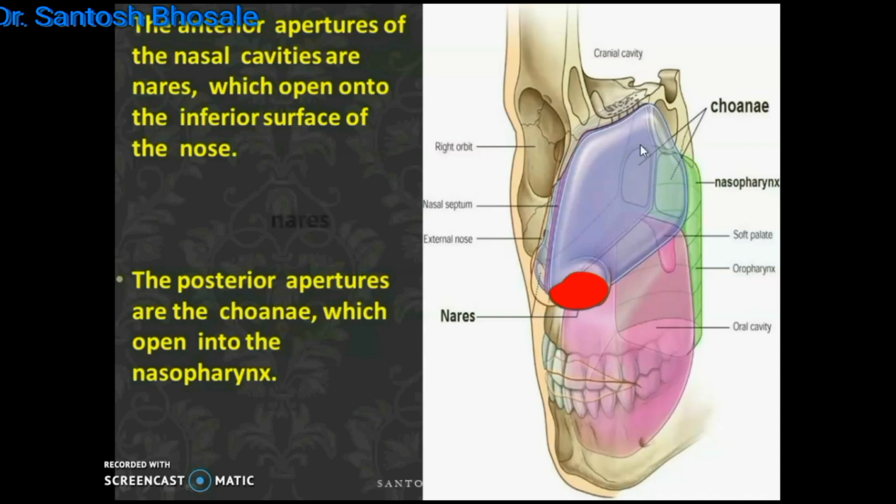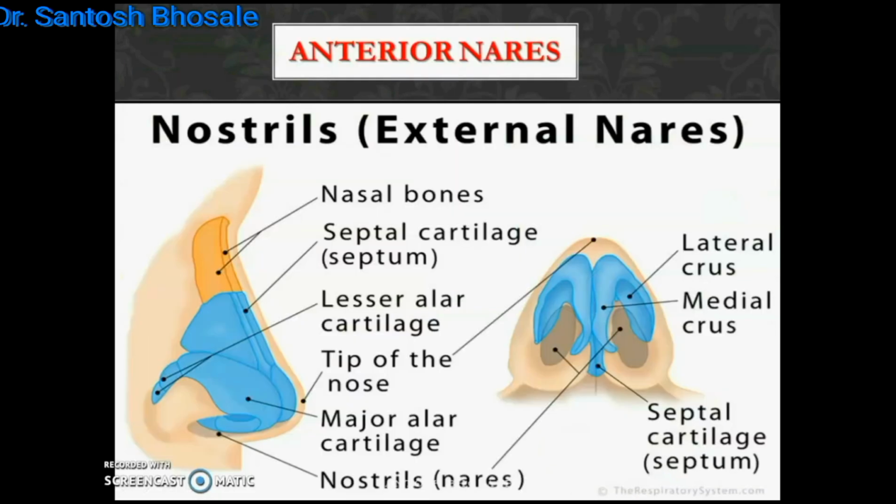And this nasal cavity on either side is surrounded by the orbits. We have discussed while discussing the orbit that the medial wall of the orbit forms the lateral wall of the nasal cavity. You can see the anterior nares communicate the cavity with the external environment, whereas the choanae, the posterior nares, communicate with the nasopharynx. And you can see the anterior nares or nostrils have the framework of the major alar cartilage, which are